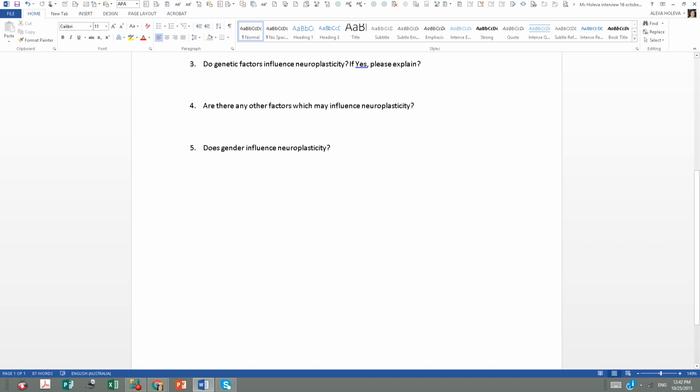Question 4. Are there any other factors which may influence neuroplasticity? Food. Theory has shown that if you eat junk food and you don't feed your brain with excellent nutrients, vitamins, amino acids, zinc and metals, and all these salts, potassium or whatever the brain needs, even sulfur,